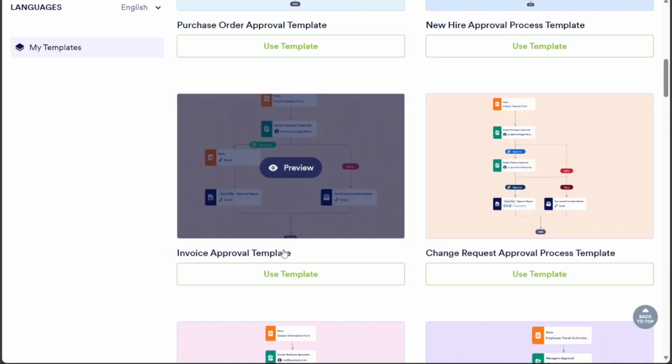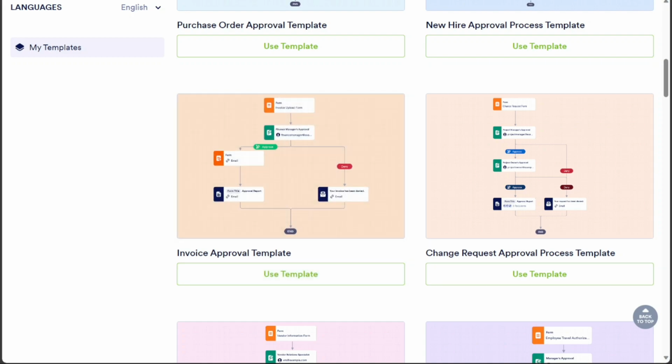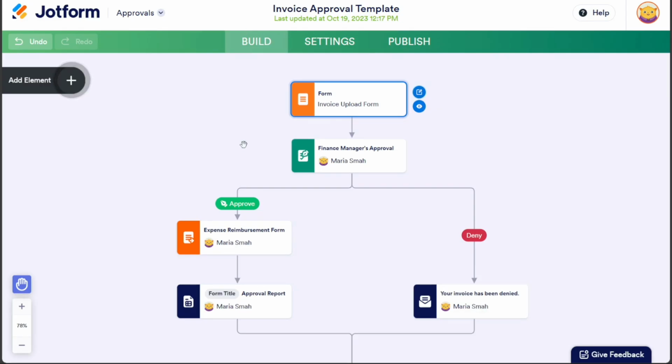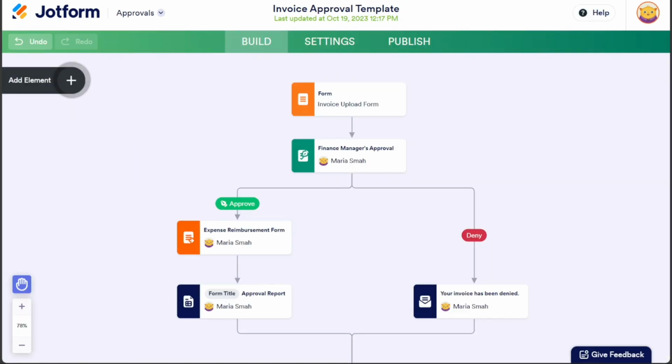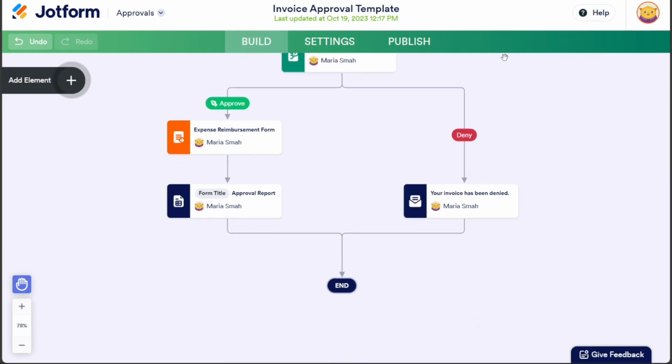Click on the Use Template button under this specific template, and you will be directed to the editor where you can further customize the template if desired. If you don't need to make any customizations and the chosen template fits your requirements, you can proceed to the